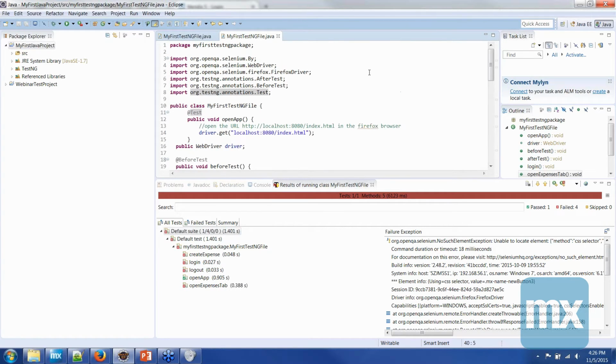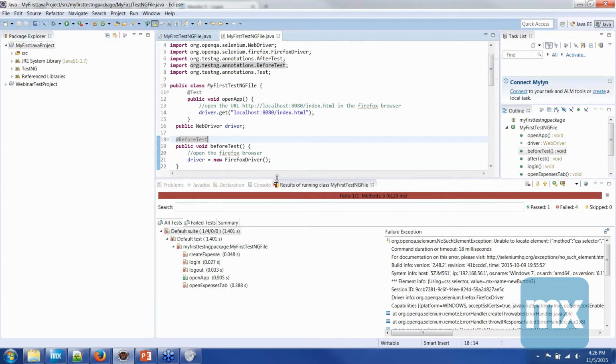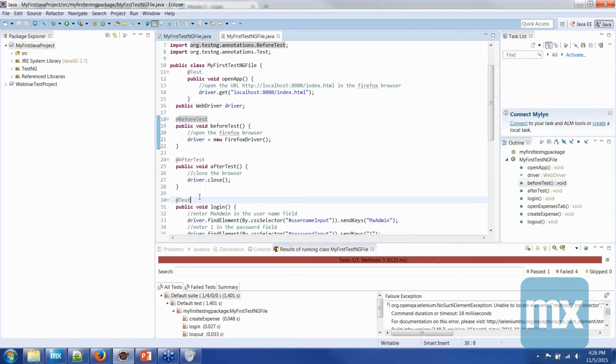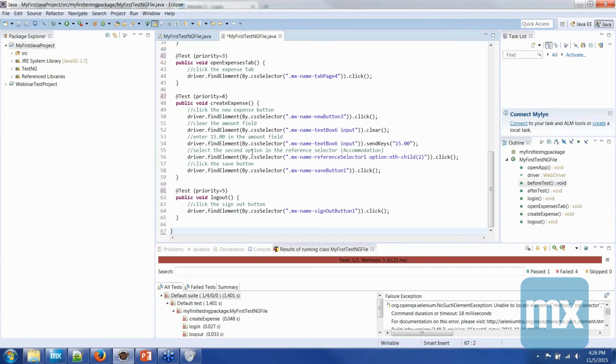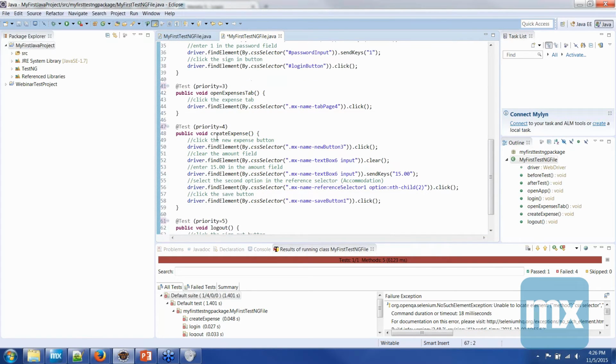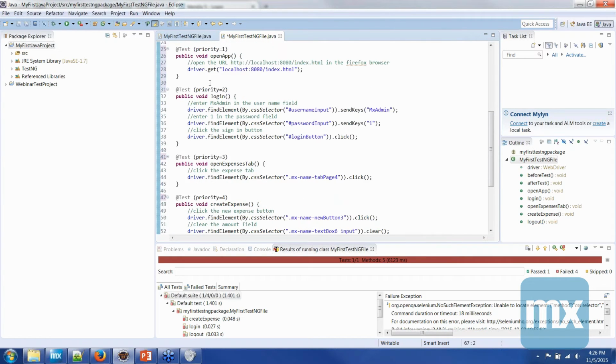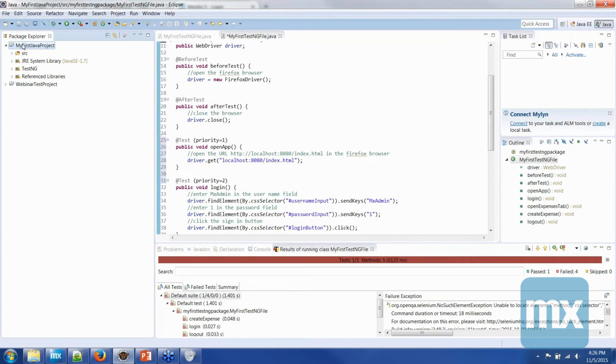So now I will add the priority to all the tests. The first one, login, will get priority 1, and I will do the same for all the other ones. So I will copy paste the code I had, and now all the tests have a priority 5, 4, 3, 2 and 1. Let's run the test again